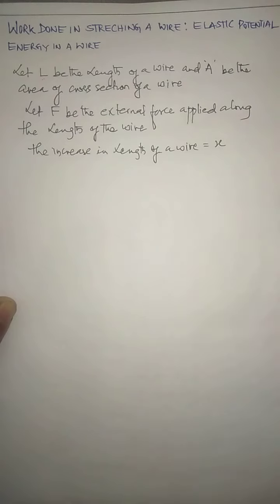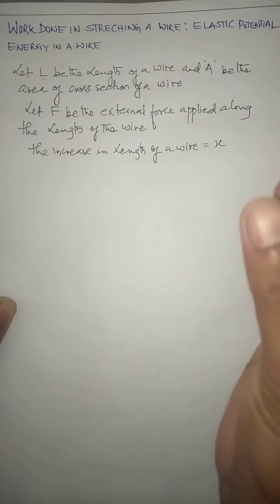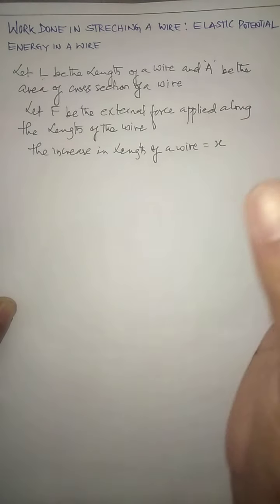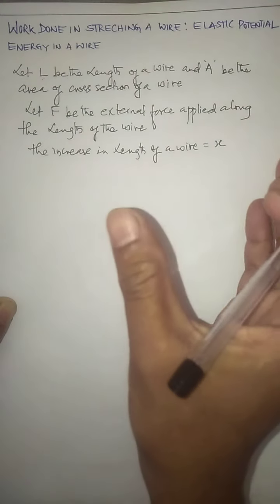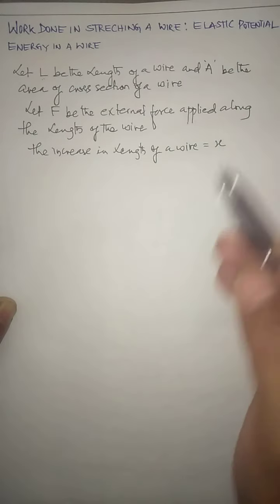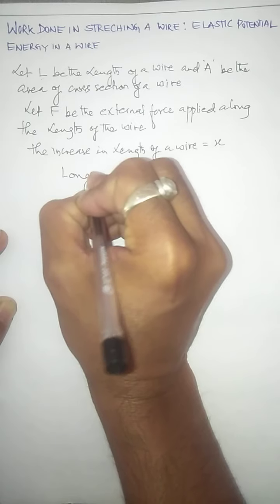the stress and the strain. We calculate stress and strain, and the stress means the longitudinal stress and strain means the longitudinal strain, because stress and strain are also of three types. But the longitudinal stress and longitudinal strain can be calculated only for those substances whose length is large compared to its area or diameter. So a wire basically has a length which is large compared to its area or diameter. Okay. So the first thing I calculate is the longitudinal